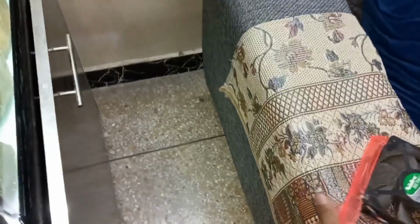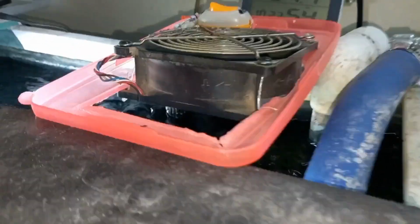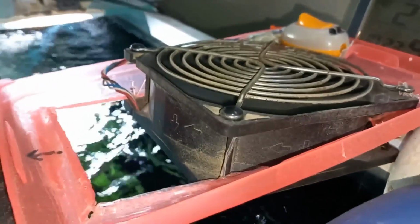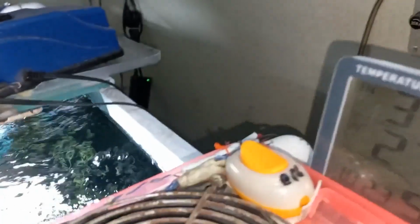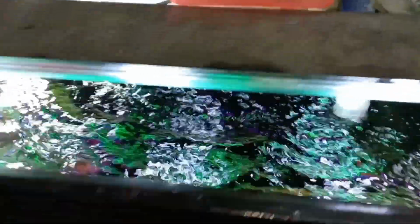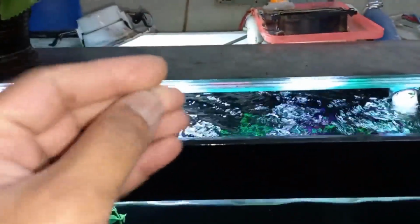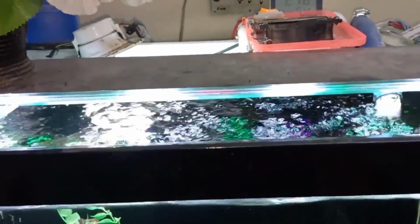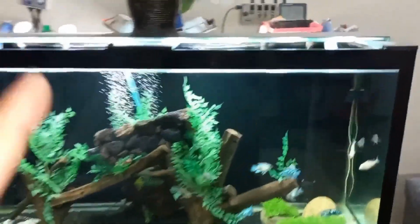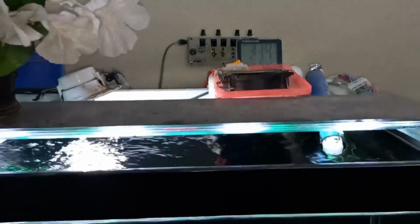Now if I turn this on from this button like this, it is not giving too much noise, and if we see from this side, water is moving, not jumping outside. If I use a high speed fan, then that will throw water outside, and also temperature will not go down very quickly. At this time, ambient temperature in my TV lounge is 31 degrees because outside is not too hot,